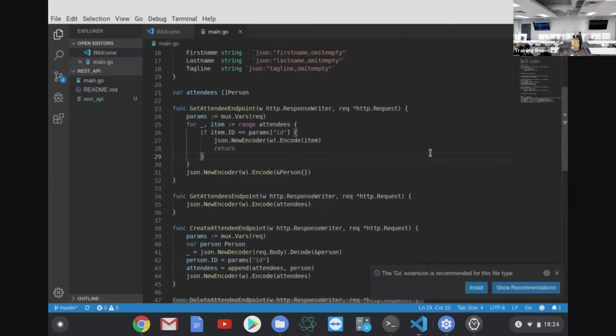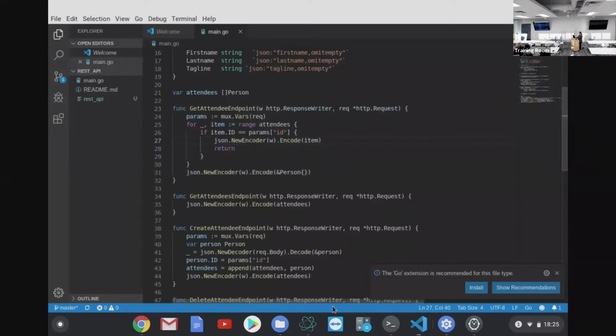function. So for instance, one of my favorite things to go through is the Go by Example tour of Go. And near the very end of that, it covers how to make an HTTP endpoint in kind of a hello world-like way. And that is what all of these are. REST APIs tend to be a collection of various endpoints that have functions attached to them. So with this get attendee endpoint, this is getting a specific attendee out of our list of attendees by their